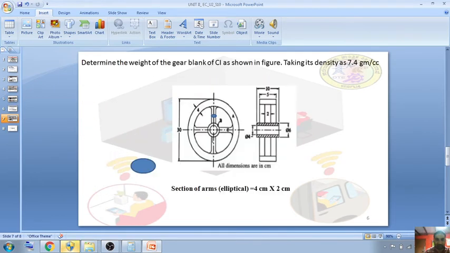So L you have to calculate here. He has not mentioned the L. It is very easy. How? We have got 22 mm as the inner dia. This arm is starting from the outer dia of this smaller bush and ending at the inner dia of the bigger bush. The bigger bush dia we know is 22. And the outer dia of this one bush is 6 mm. So 22 mm minus 6 mm will give the length of this to this one.